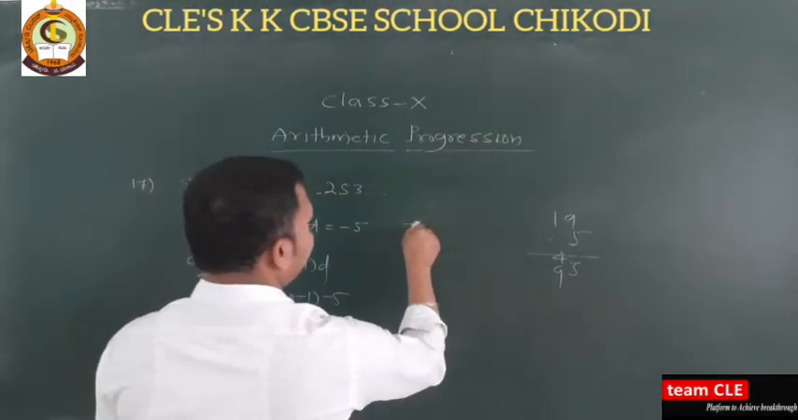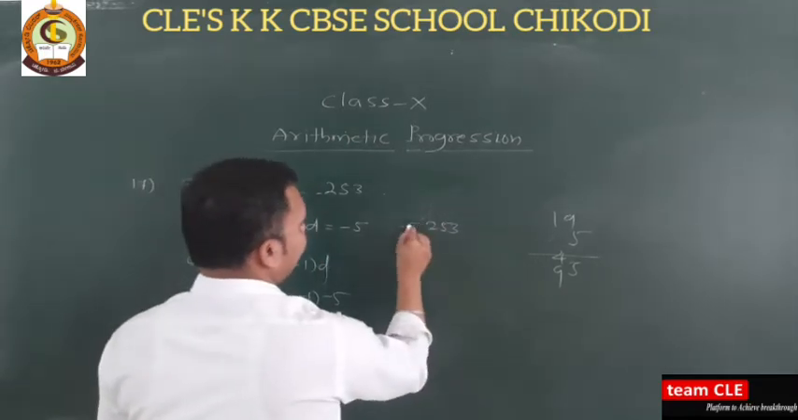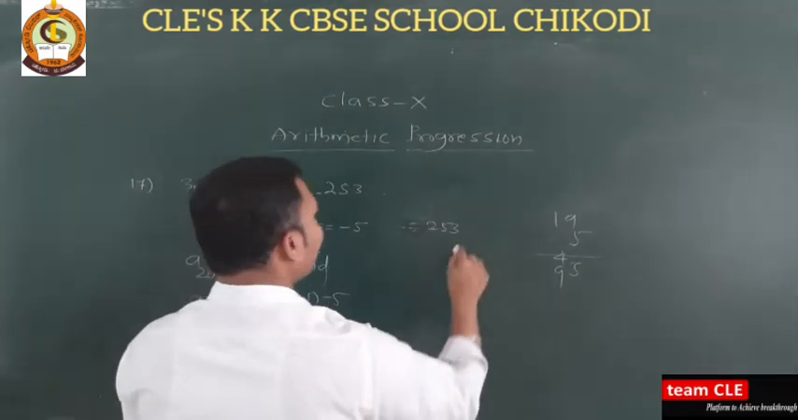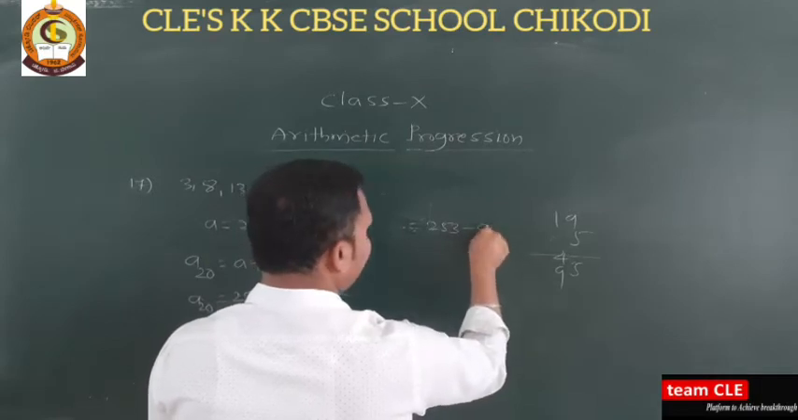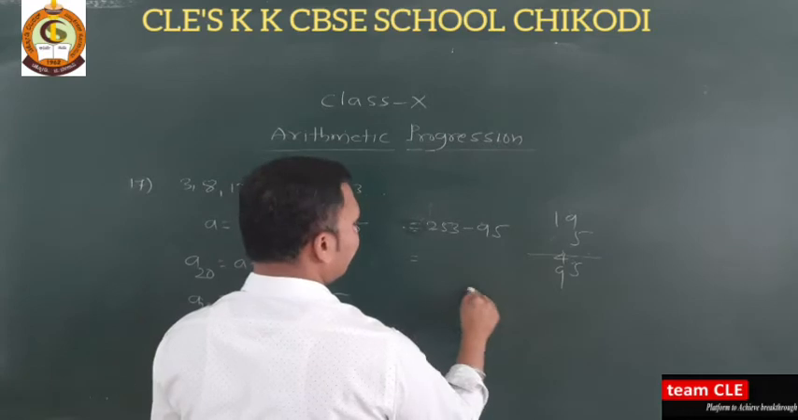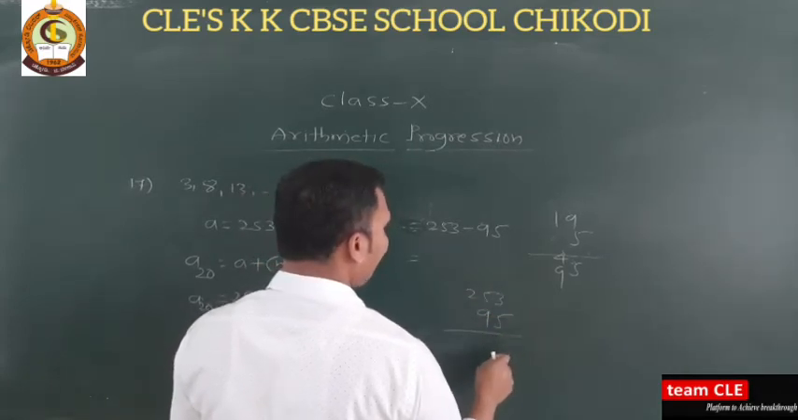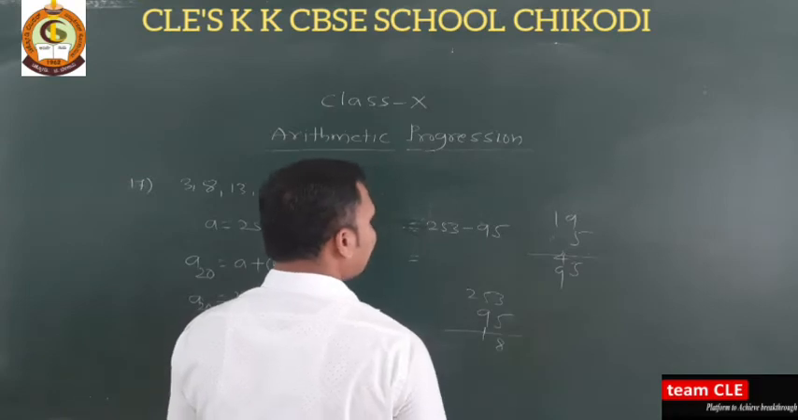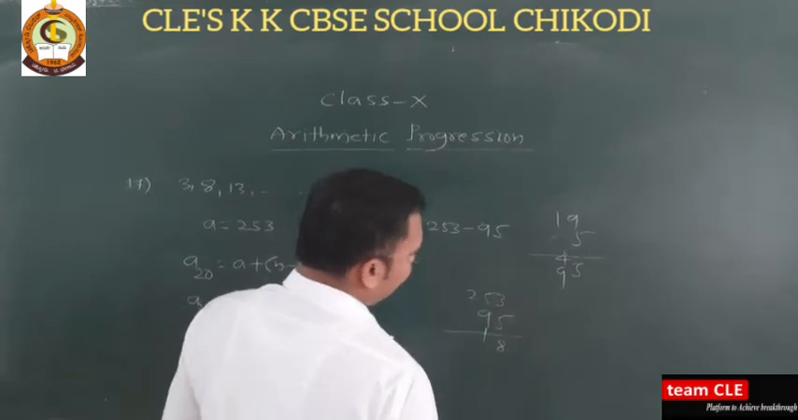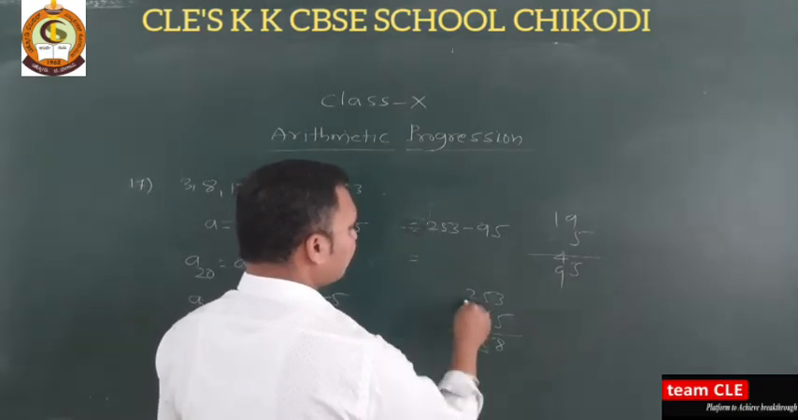Now again this implies 253. So this is equal to, I'll take 253 and this is minus 95. Okay. So next we'll get here 253 minus 95. In the 13 we removed 5 means we'll get 8. Now this becomes 15 minus 10, it is again 5. So 1 will come,